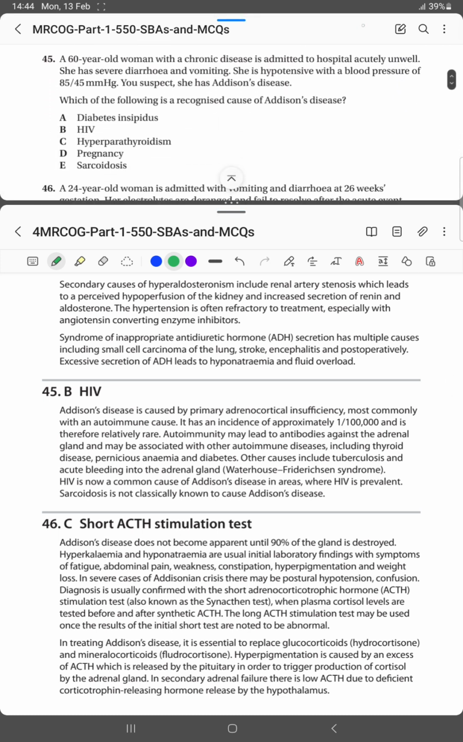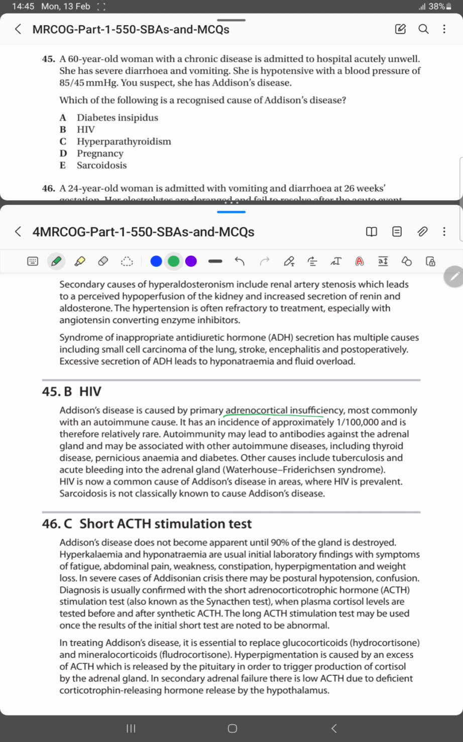A 60-year-old woman with a chronic disease is admitted to the hospital acutely unwell. She has severe diarrhea and vomiting. She is hypotensive with a blood pressure of 85 by 45 millimeters of mercury. You suspect that she has Addison's disease. Which of the following is a recognized cause of Addison's disease? It is HIV. Addison's disease is caused by primary